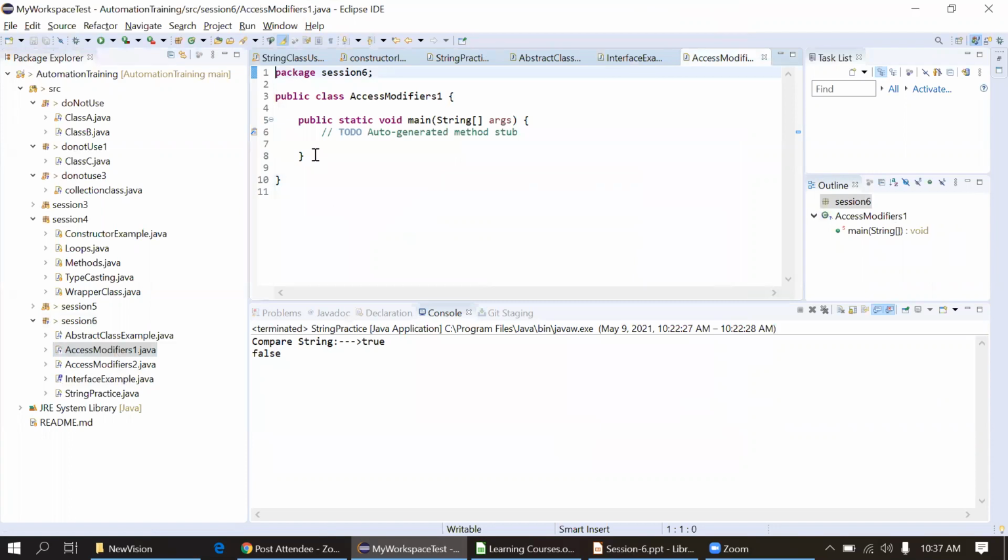Now I'll define some methods here. I will define 4 types of method: public, private, protected, and default. Public void method A.